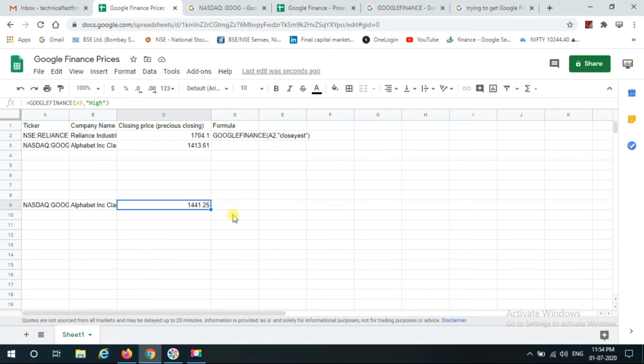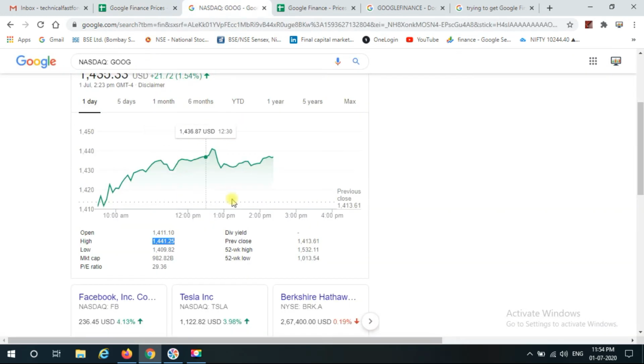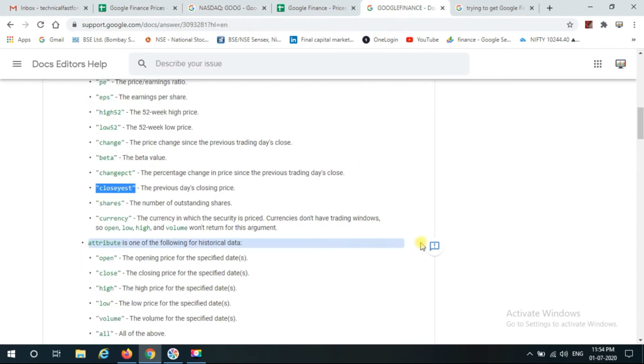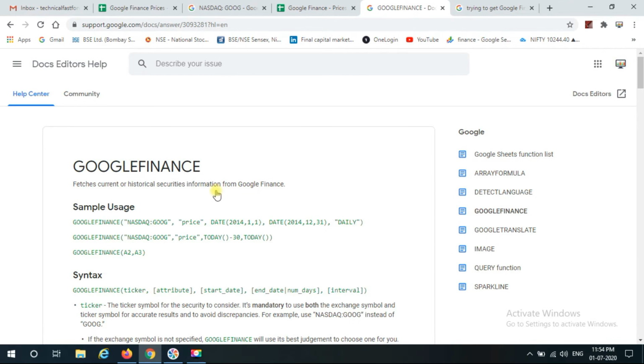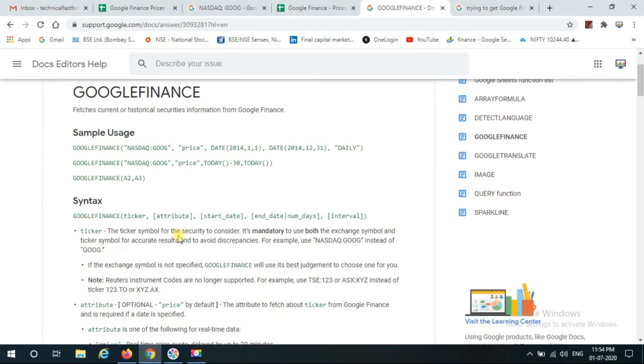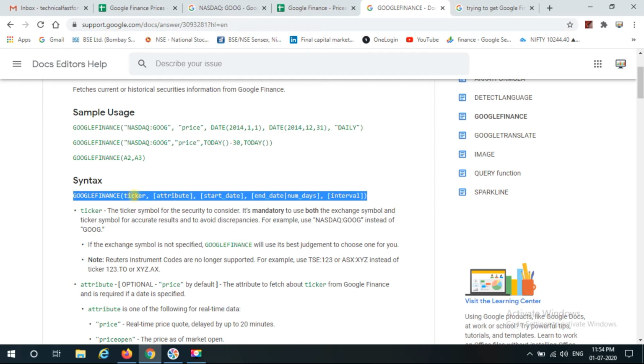So I know there may be lots of attributes over here, and you will not be able to remember everything. So I'll give you this link, which is the support page from Google Finance. Google Docs itself provides this formula and the attributes you wish to change. The first part is the ticker and the second is the attribute.